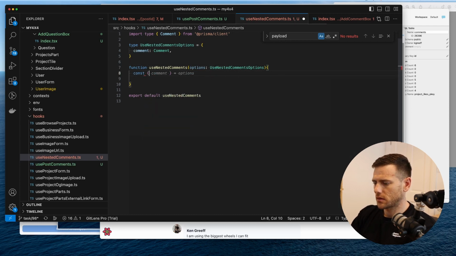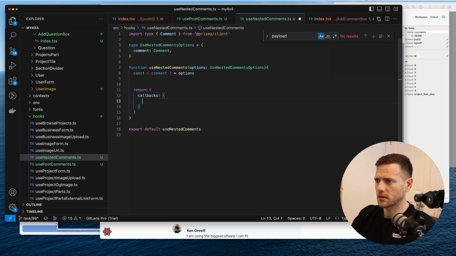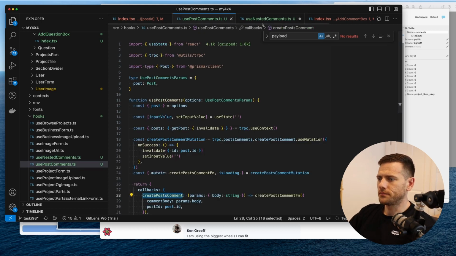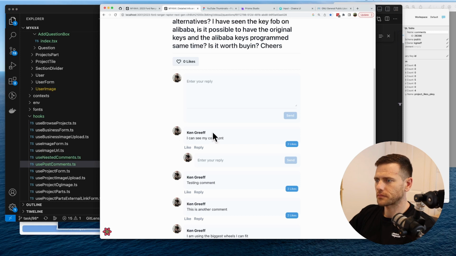So const comment equals options, that's cool. And then we're going to return here, we're going to have callbacks. That's all we need for now. So what can we do here? So with the comment, for the nested comment, I guess what we want to do is we want to be able to load,